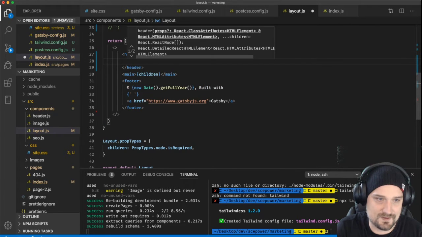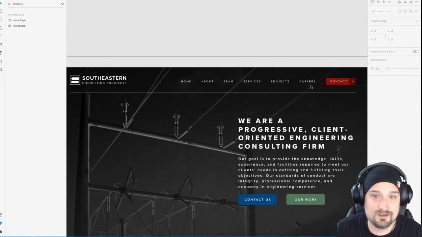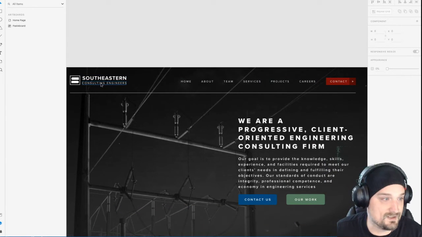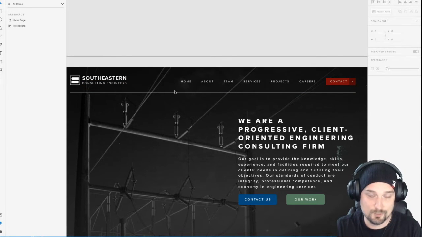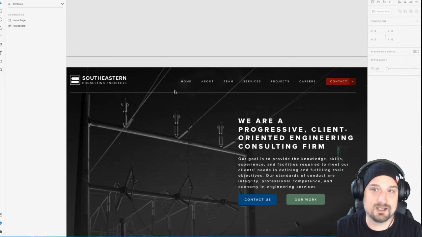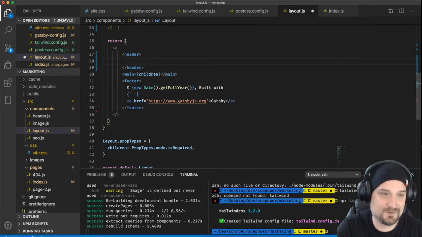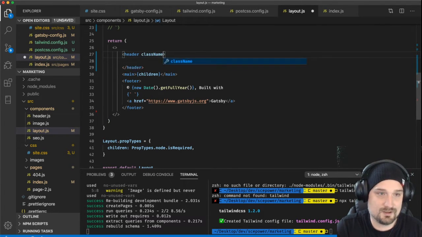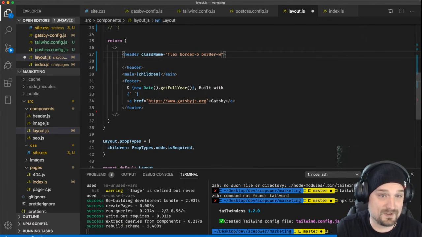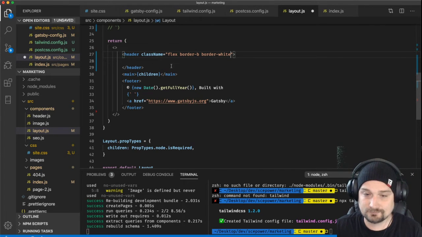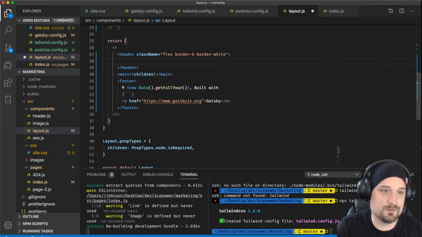We have our header. I said if we look at this, I want the header to be in Tailwind's container. So it sets its width and centers up. And then we'll flex it as well, and we'll put the logo and the nav in there. So let's see. We will, first of all, className equals flex. And we do want to give it a border bottom, and we want to say the border is white. And then we will say,